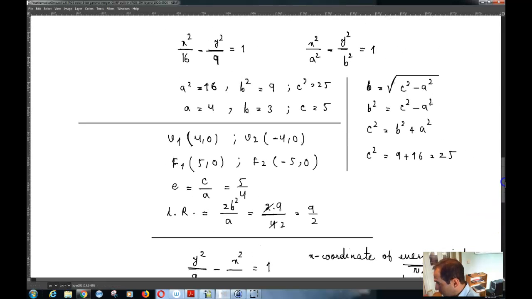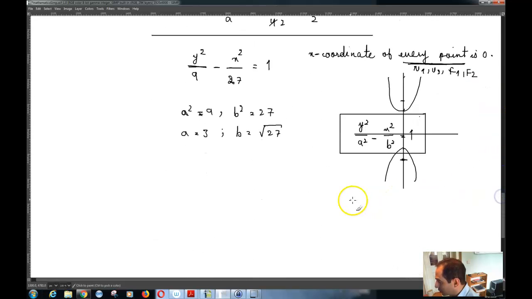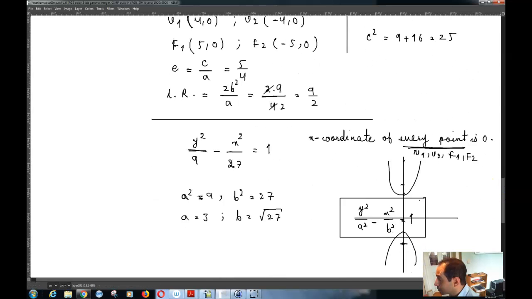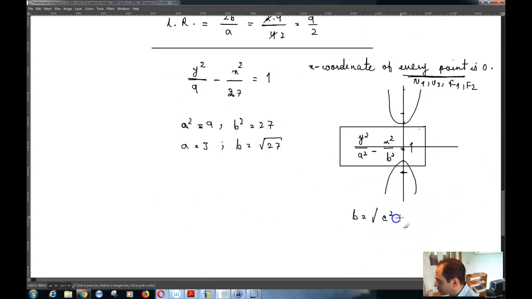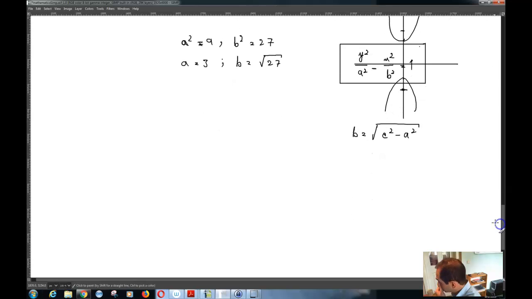I can't really remember such things. b is equal to the square root of c squared minus a squared. So if that's the case,